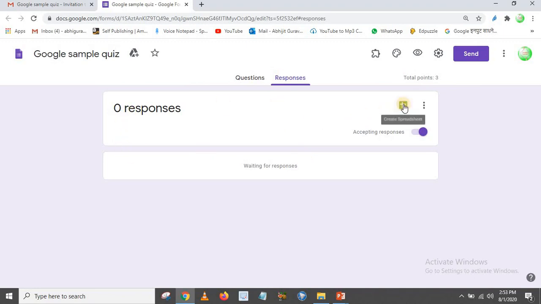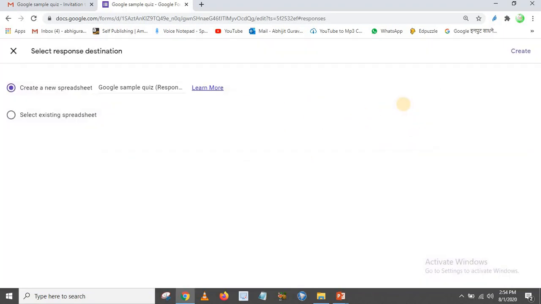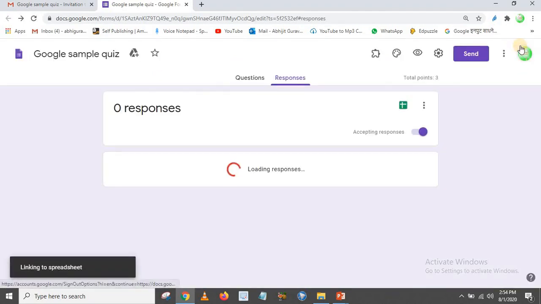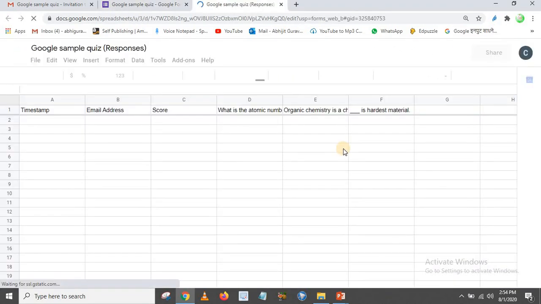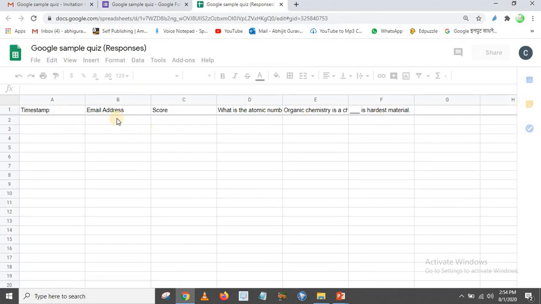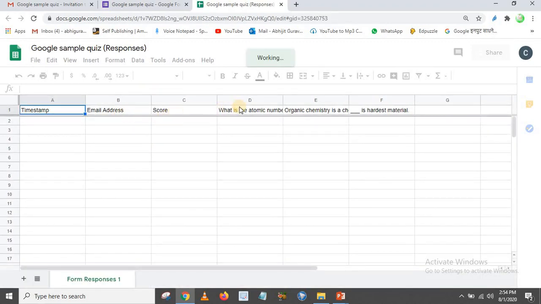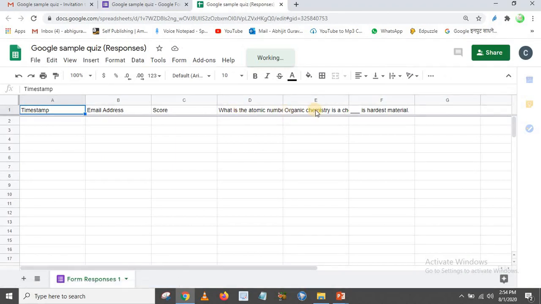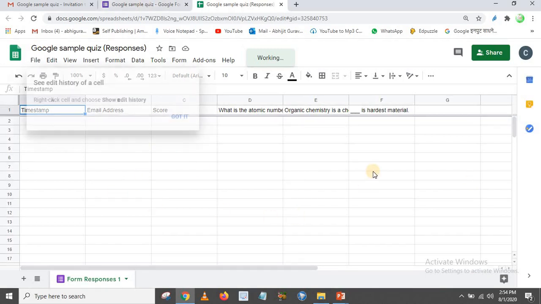Now click on create spreadsheet, then create. After creating that spreadsheet, you will see the 3 questions you have added here. Timestamp is there, email, score. If you want to add the name of the student and which class he is from, you can add those fields in that Google form also. That will appear directly here in the Google Sheet.